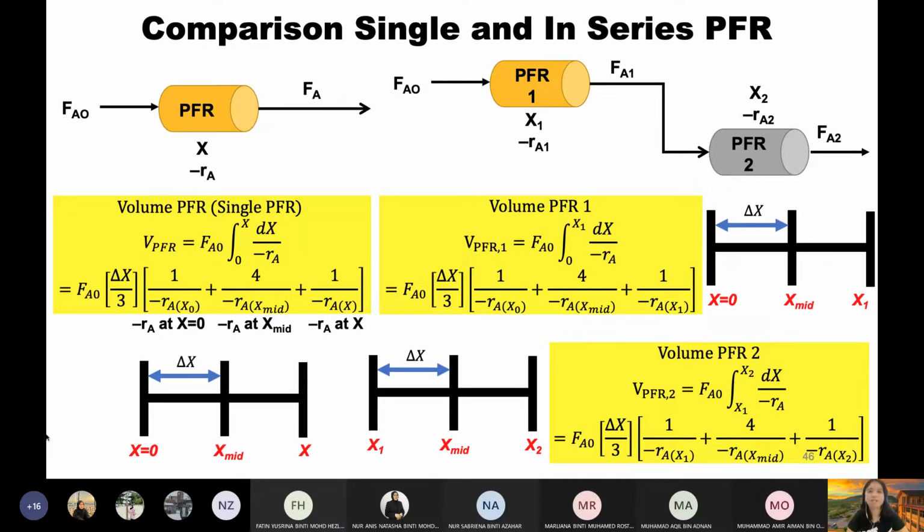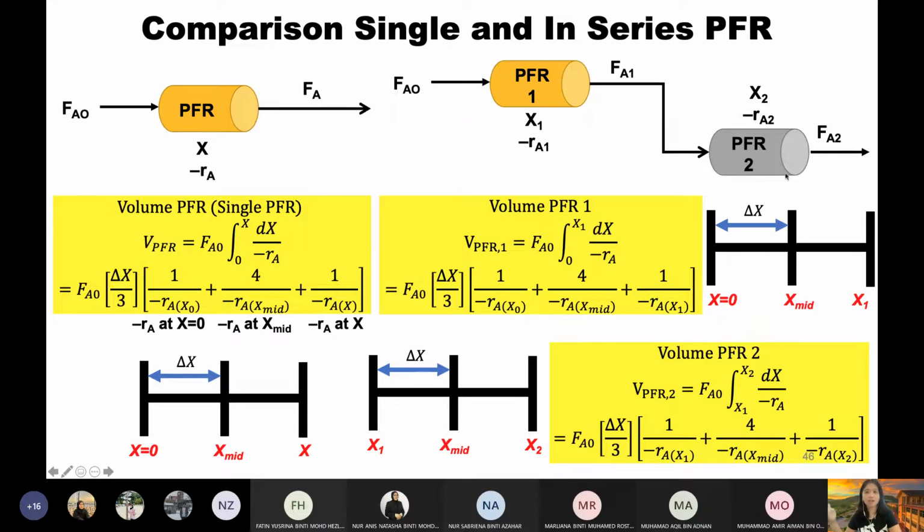So again, I emphasize delta x is not your middle x. Just that case kalau memang betul, kalau x kamu bermula daripada kosong, memang delta x tu sama dengan middle x. Memang akan berlaku kalau x kamu kosong. Which is kalau single reactor and first reactor in series memang betul. Tetapi delta x ni takkan sama dengan middle x for the second reactor. So let me explain for the second and so on, baru kamu faham konsep ni. Sebab kenapa I keep repeating? Sebab again, I always try to rely on experience of previous semester supaya you don't repeat the same mistake. Okay. I go to the second reactor, you can understand better.